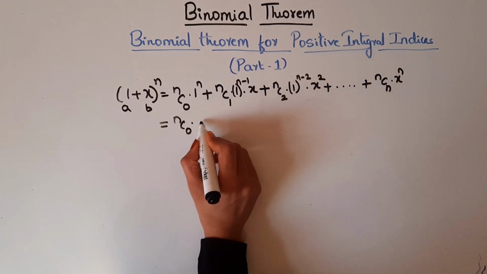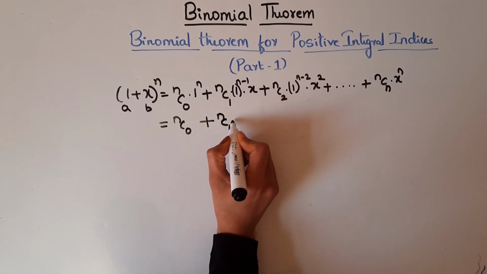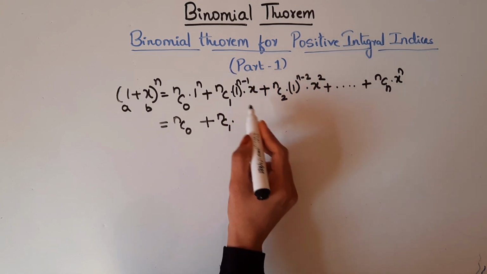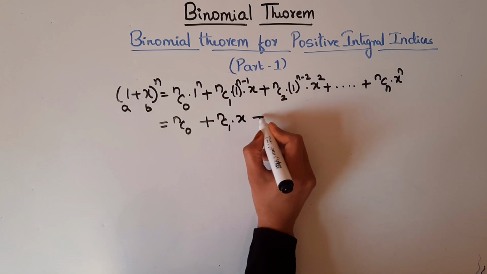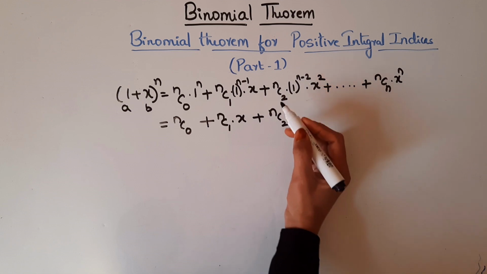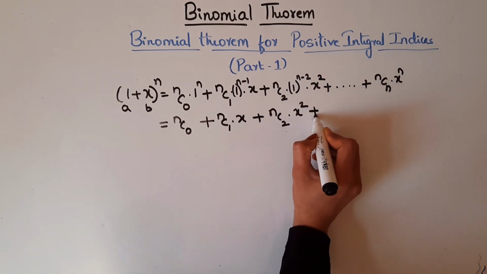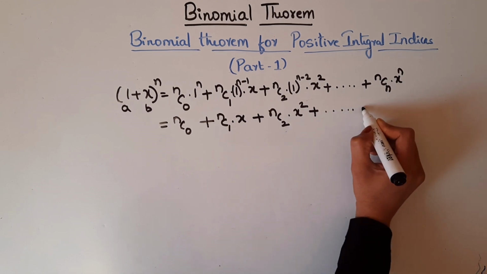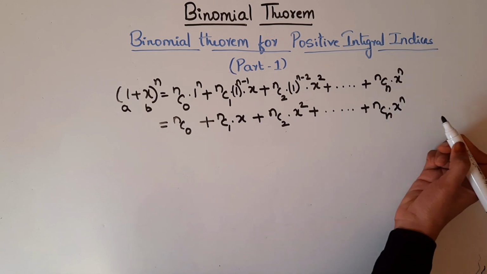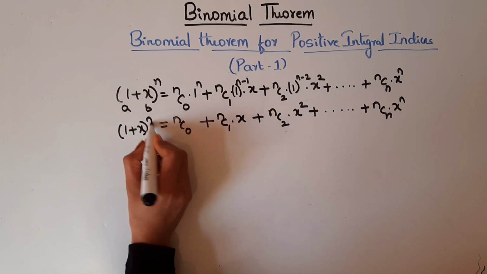So we have NC0, plus NC1 into 1 power anything is 1, so 1 into x is x, plus we have NC2, 1 power anything is 1, into x square, plus, and so on, here NCN into x power n. So therefore I can say (1 plus x) to the power n is